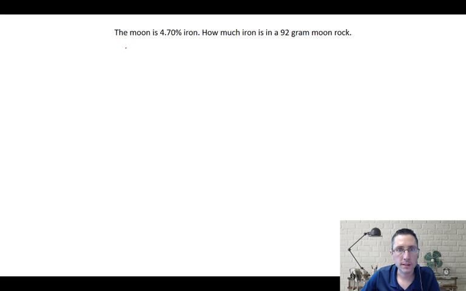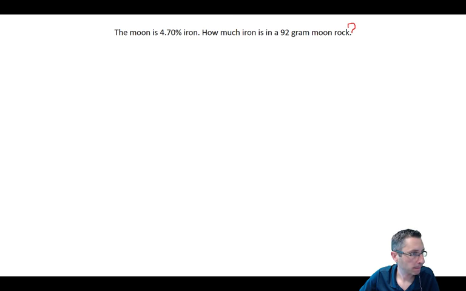The moon is 4.7% iron. How much iron is in a 92 gram moon rock? And that should be a question mark, obviously, not a period. Question mark, right? Come on. As soon as I see a percentage, I'm going to write out